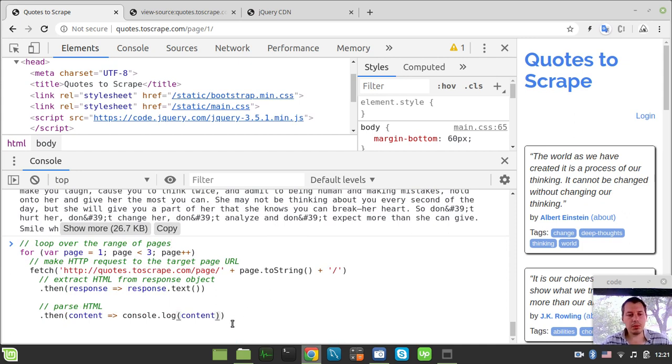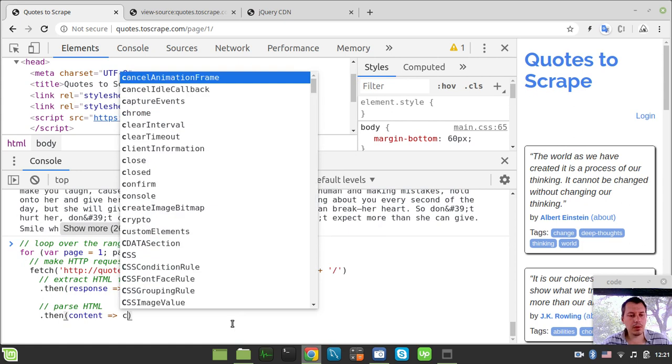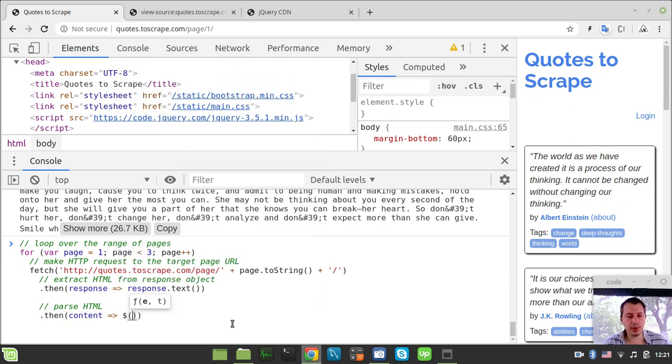So we don't need to log this sort of stuff right over in here, but instead we want to parse the content using jQuery, and then we want to find all the div tags with a class equals to quote, to loop over the quote cards basically. And again here we can say .each, and, did I miss any semicolons here? Seems like I didn't yet. Okay, so each, and here function, and